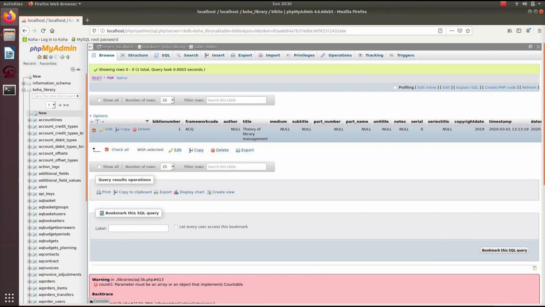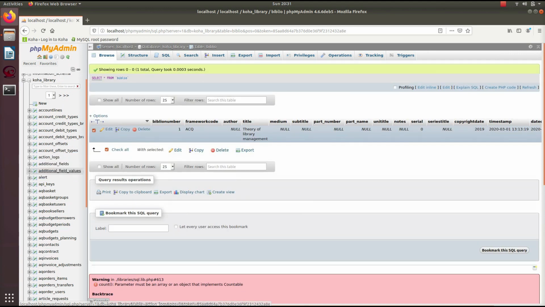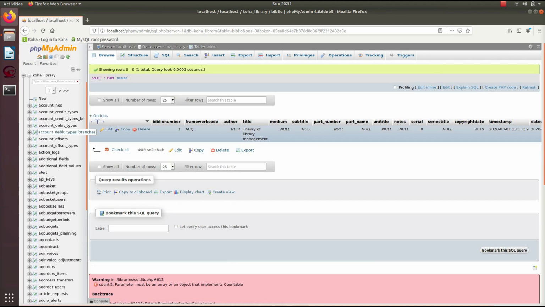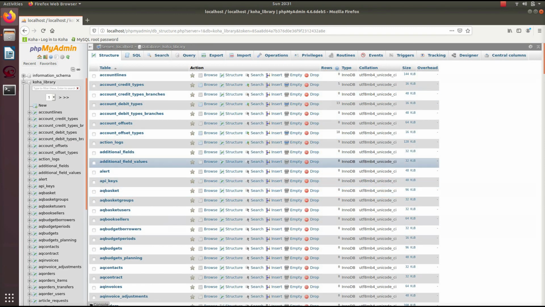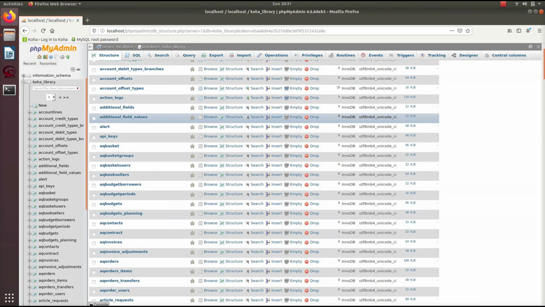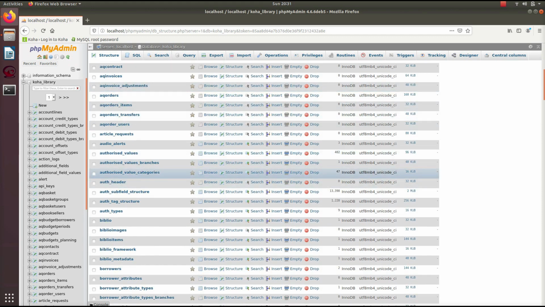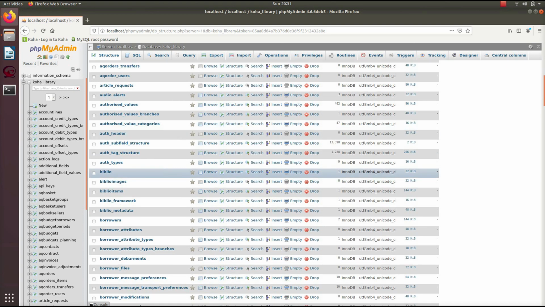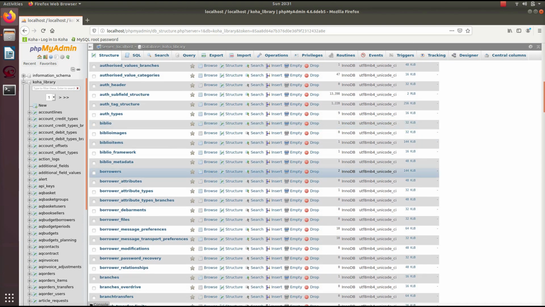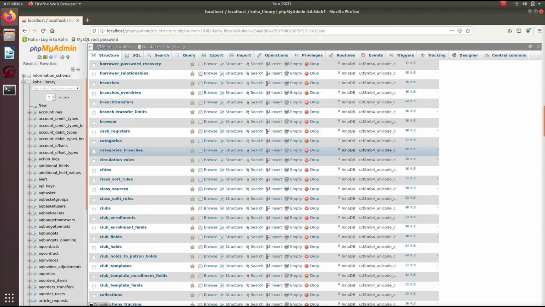Similarly, there are other tables. So you have to find that particular table, and you have to see what IDs are generated in Koha, so you can delete accordingly from the particular table. Like there is a deleted borrowers table.